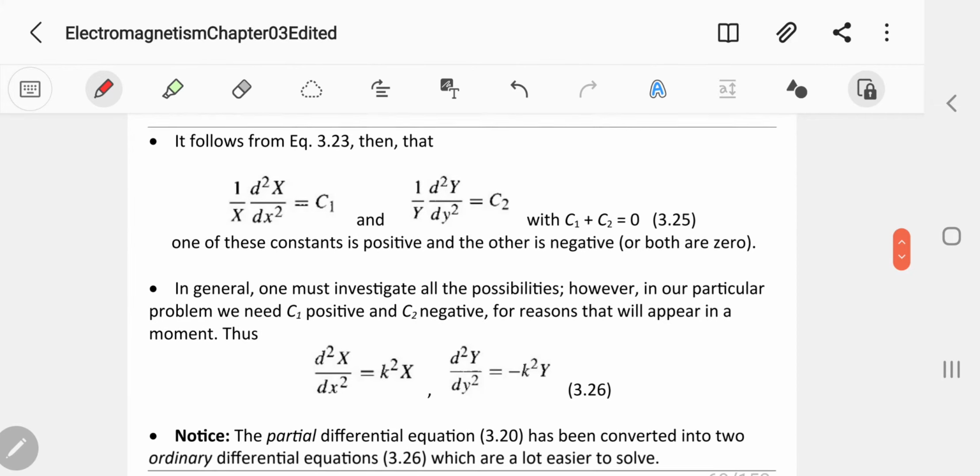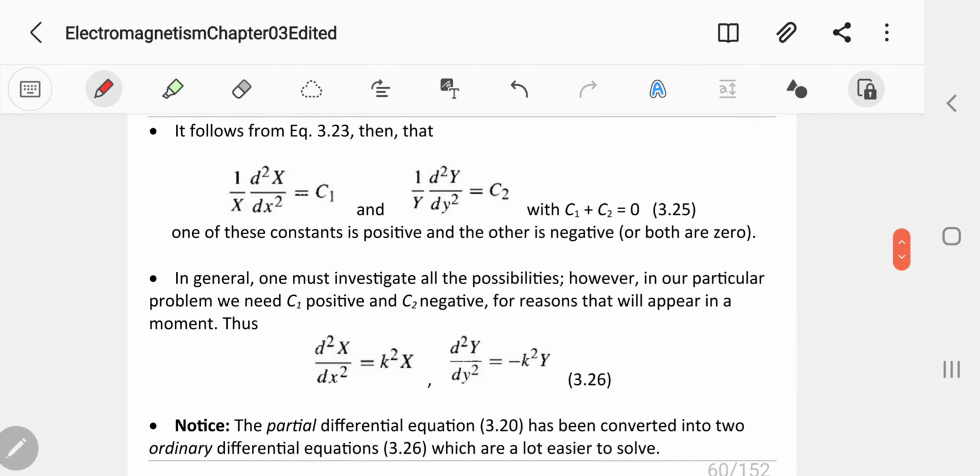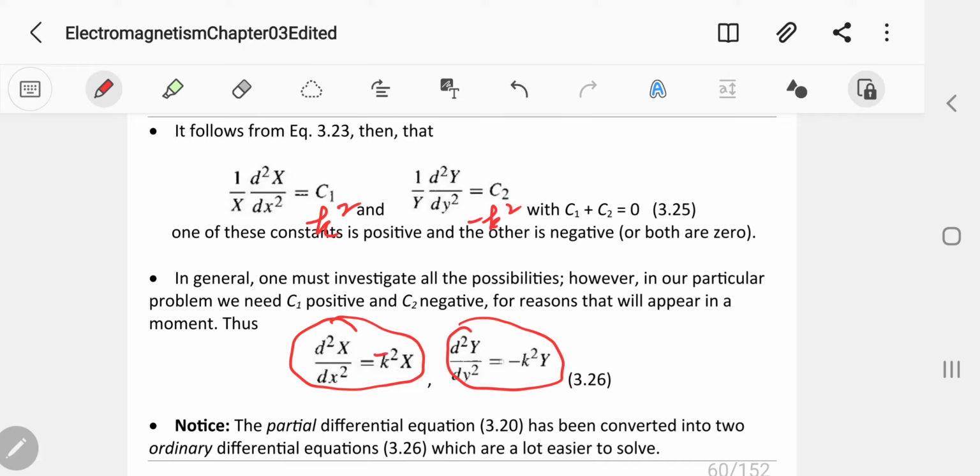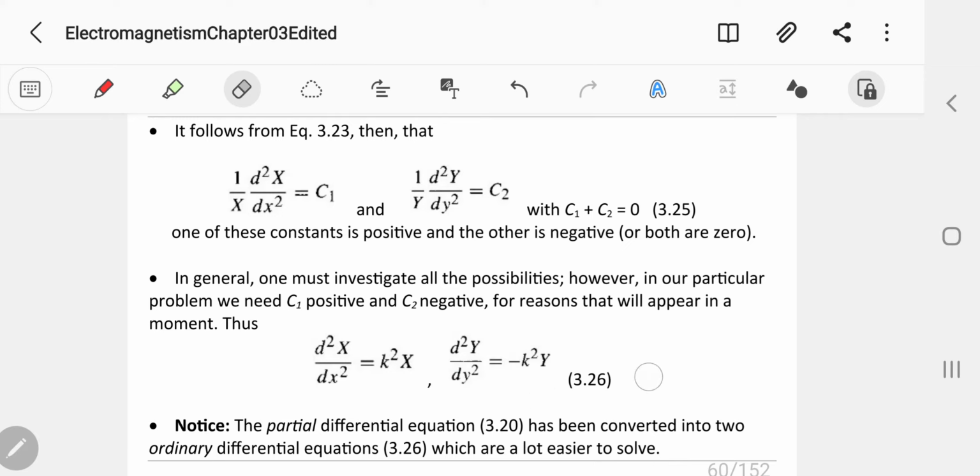So in this case, you can set this as k square and this one as negative k square, so that you can rewrite this as this one, and you can rewrite this one as this one here. But why do we choose one negative and the other one positive? Or we can put negative here or positive here, it's perfectly okay, but we have to choose the correct signs, because, for example,